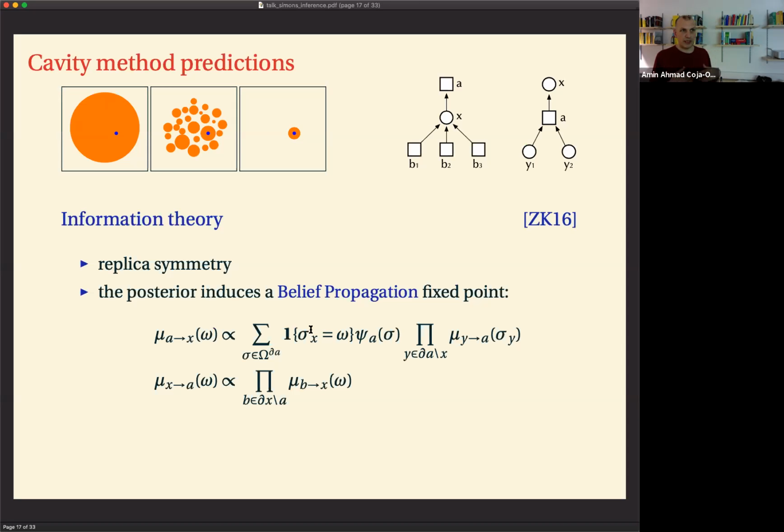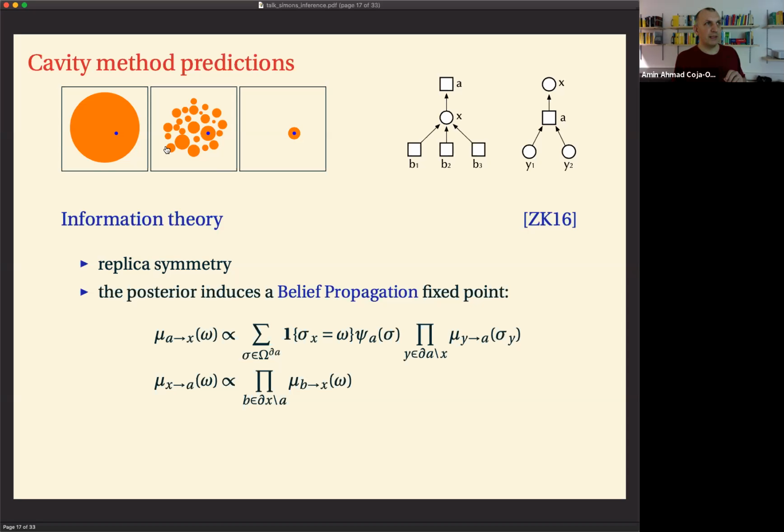And so, like I said, the cavity method is based on the belief propagation message passing scheme. One important hypothesis is that in these inference problems, you don't have complicated long-range correlations, namely that the posterior distribution, the Boltzmann distribution, effectively is what we call replica symmetric. This means that in a cartoon-like fashion, it either looks like this, that the support of your Boltzmann distribution is one big blob, which indicates that you have too little information, you can't do anything, you simply have not enough data to learn the ground truth.